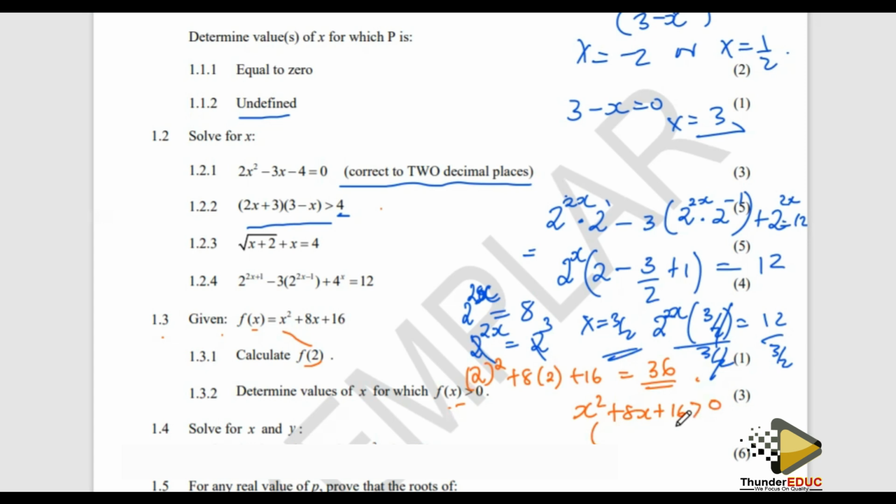This is a perfect square because I'm seeing a 16. So that's x plus 4 squared is greater than 0. So we just have equal roots, which means our x is going to be negative 4. Now, since we're looking at f being greater than 0 and we're looking at just 1 point, what this means is